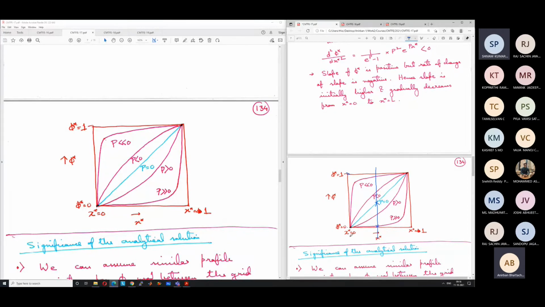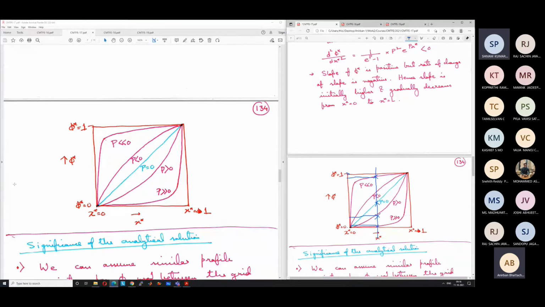The more the negative flow, for example if p is much less than 0, we found that the value at the interface, midway between, you can see this is the value of phi, is very near to the value at x equal to 1. And this was the value for this case. Similarly, if Peclet number is positive but small, the value is still more influenced by this point as compared to this point, because it is lower than the midway point, but some influence of this point is still there.